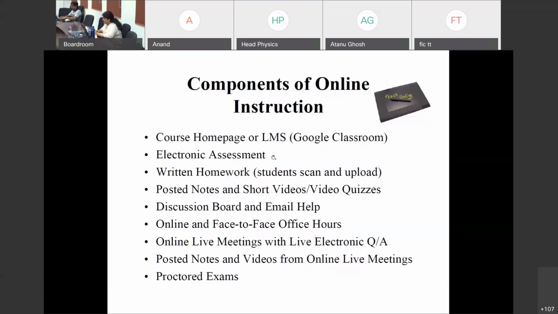Electronic assessment, as we are discussing: an open book exam, which is for a fixed time period, can be an electronic assessment. Quizzes can be electronic assessment. Viva voces, presentations, online quizzes, video quizzes, all these will be electronic assessment, which is a component of online instruction. LMS means Learning Management System. The Learning Management System is Google Classroom, which we will be using for